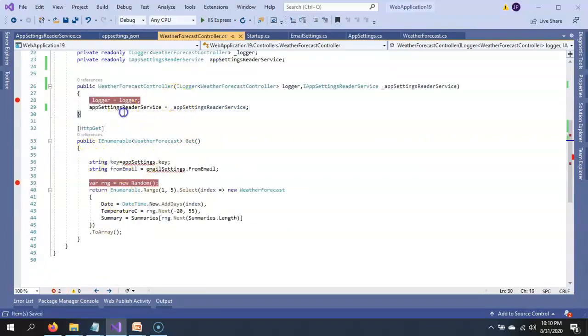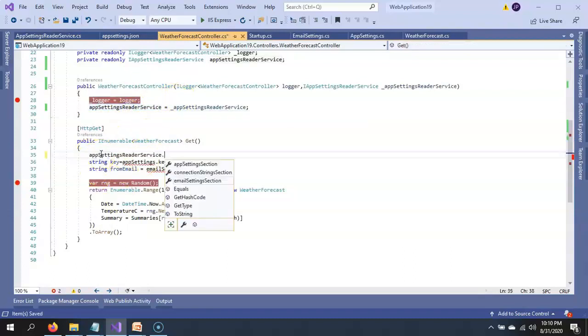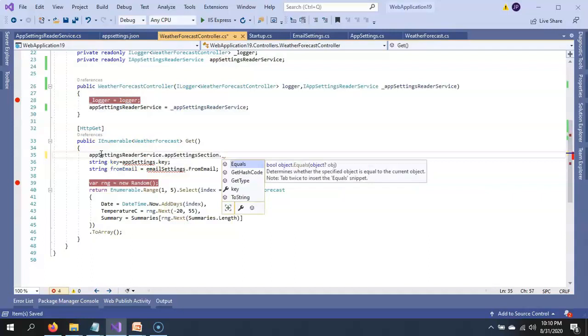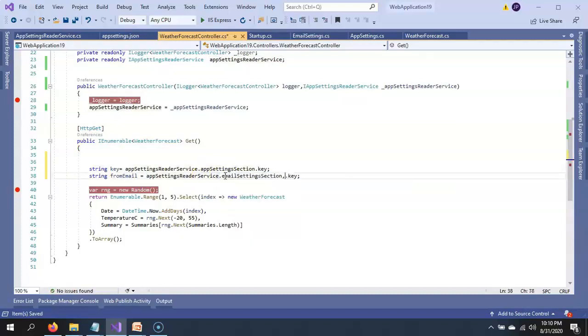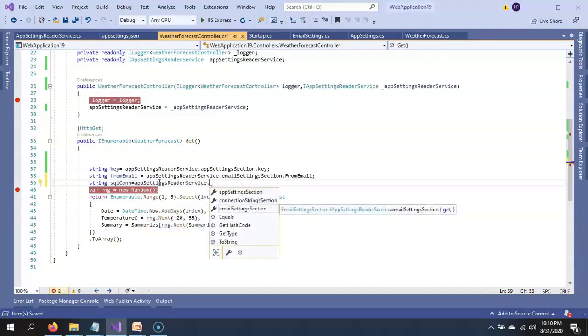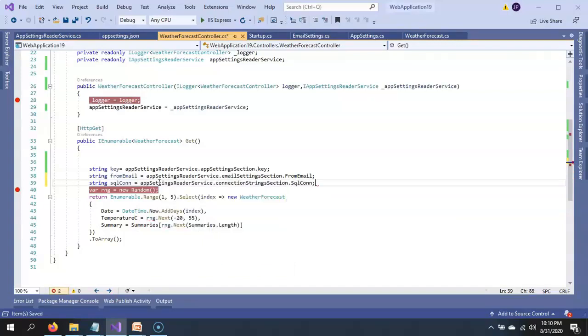Now using this service, we can access properties from all three sections directly. And if we want to get the connection string, it is appSettingReaderService.ConnectionStringSection.SqlConnection.